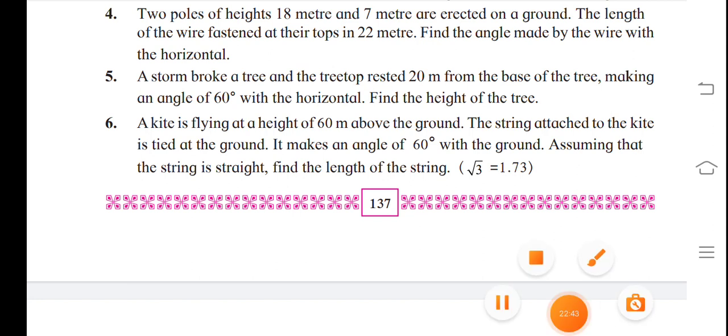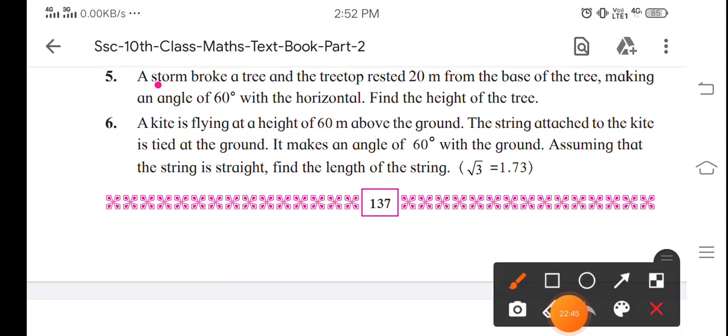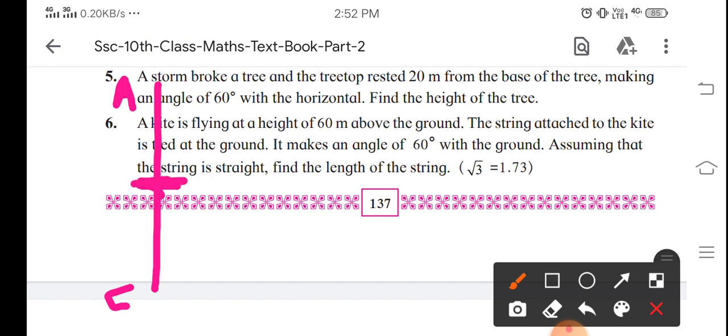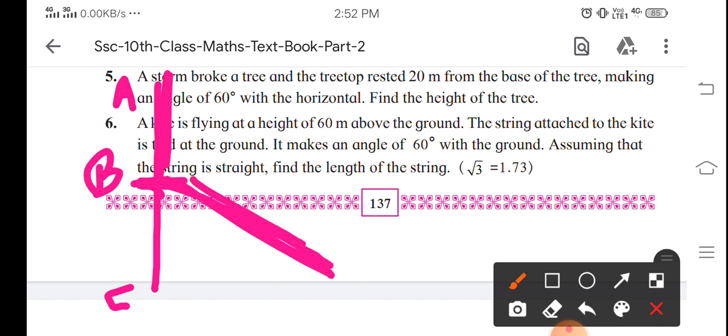There is a tree. Suppose this is the height. This is an actual tree. Suppose A and B. So suppose this part of the tree, just make it as B. This part is broken and it just falls down. यहाँ नीचे ग्राउंड में आके गिर गया. इतना पार्ट, ये वाला जो पार्ट है, ये पार्ट यहाँ पे आके फॉल हो गया.